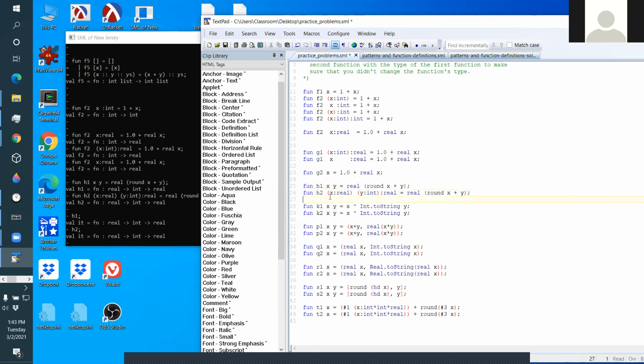So one school of ML programming says, always type your functions and let the compiler verify them for you. Another school just says, let the compiler do all the work. I think in places that really do ML programming, they mostly use this second style. They want the compiler to help them, not to do their work for them. So the type inference of the compiler is really there to help you, not to really do work for you. So don't write